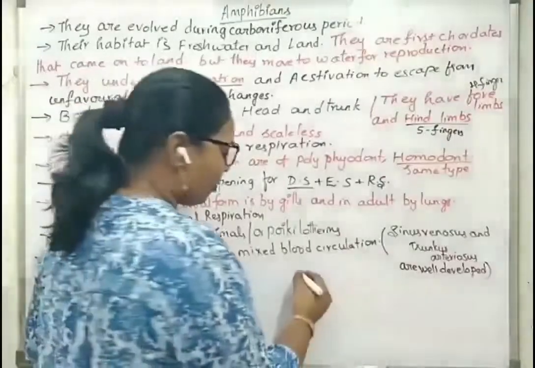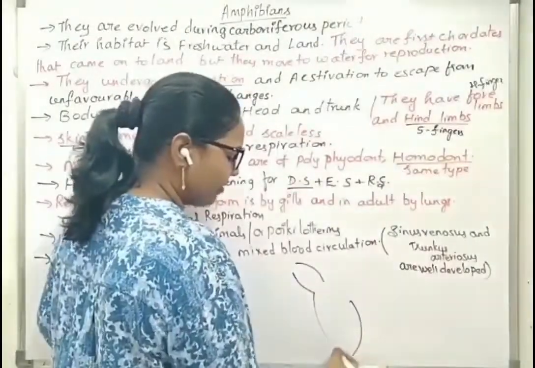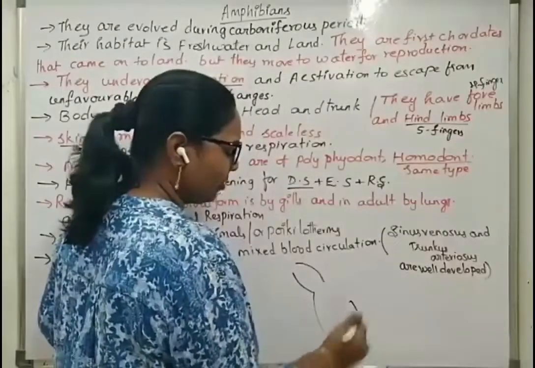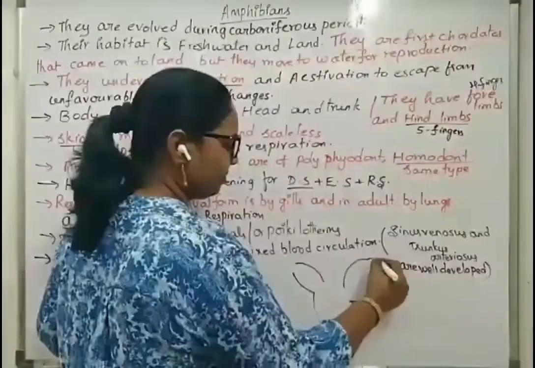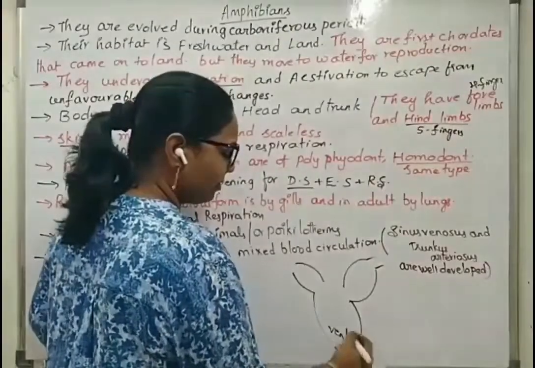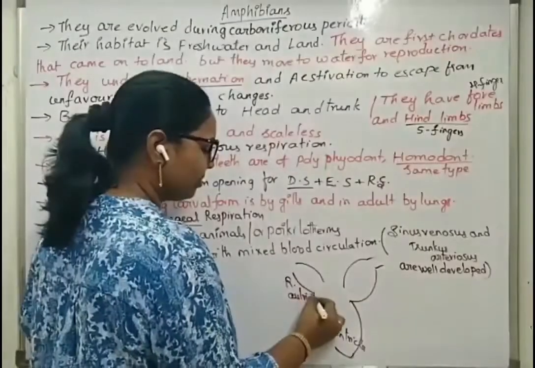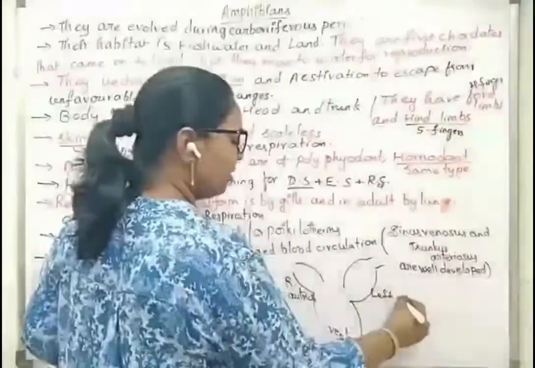If we draw the diagram of a frog heart, this is a rough diagram, it doesn't exactly look like that. If you think this is a ventricle, and this is right auricle or atrium, this is left auricle or atrium,